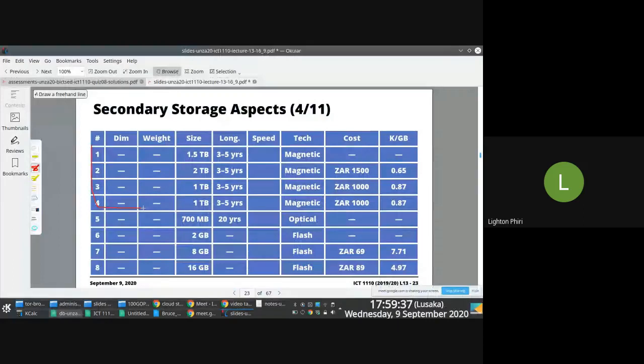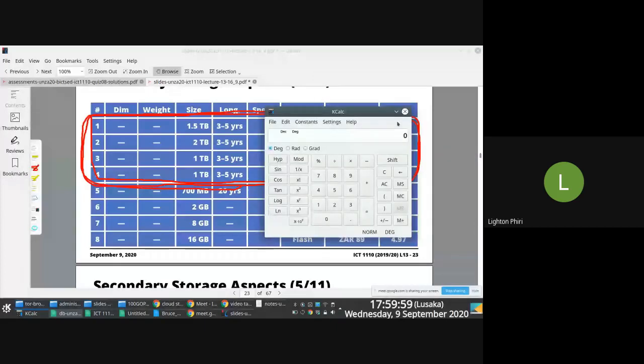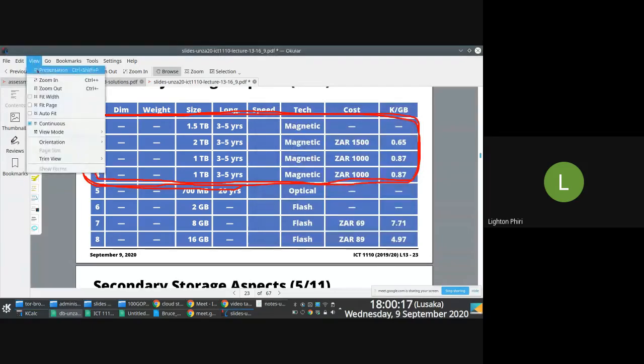But here's the thing: what if I want storage so that I just store maybe a GB worth of data? Does it make economic sense for me to invest money in a 1 terabyte component, if I'm only interested in storing 1 GB of data? 1 terabyte is like 1024 GB of data. But what I want to store is one GB. Why would I want to buy 1,000 times as much space as I need? So that's another advantage: you can buy smaller quantities of it.